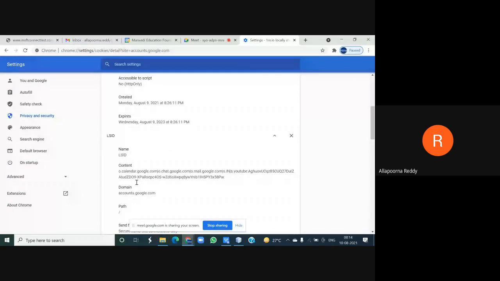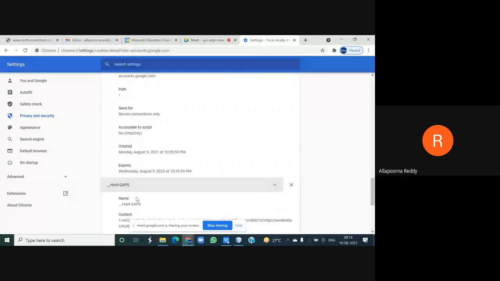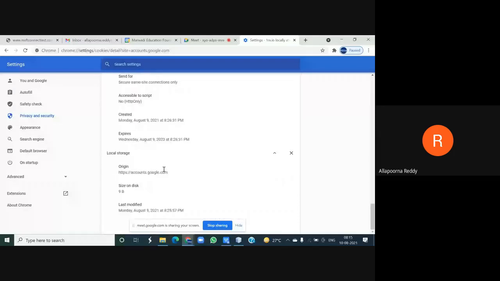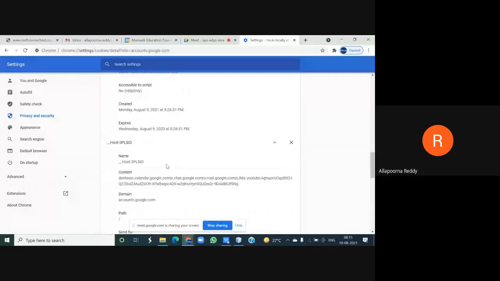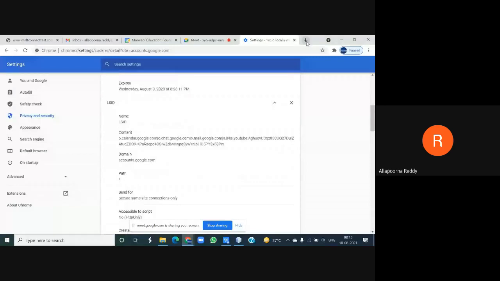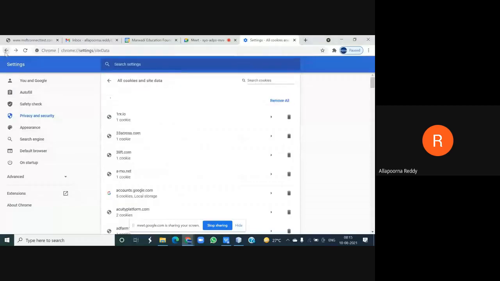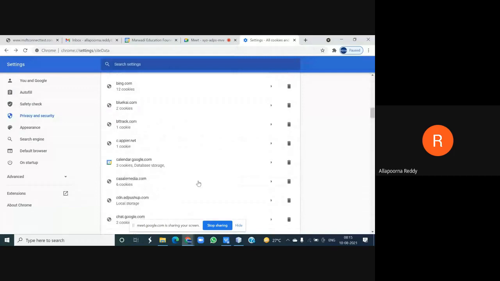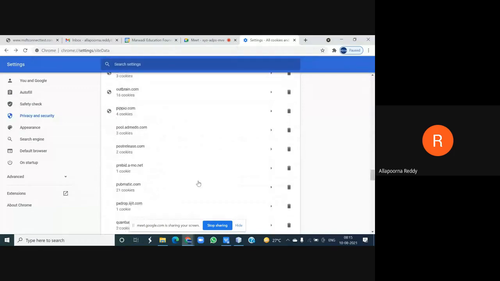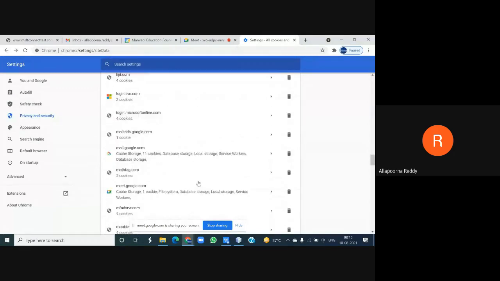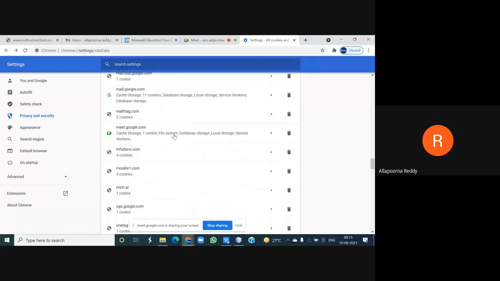So like this we can find. This is what, so it's a storage of your accessing of your Google database, or I can say the Gmail accounts like this. So here you can find the types of cookies, these are all cookies which I have made. So when yesterday I opened my Meet Google, right?